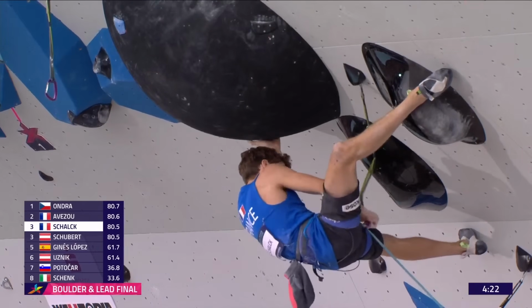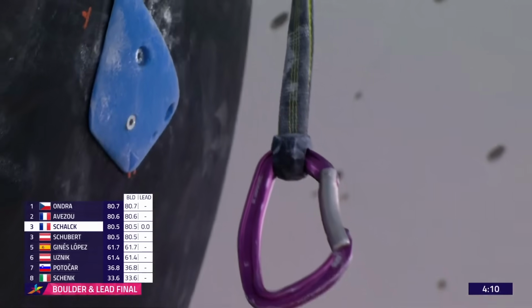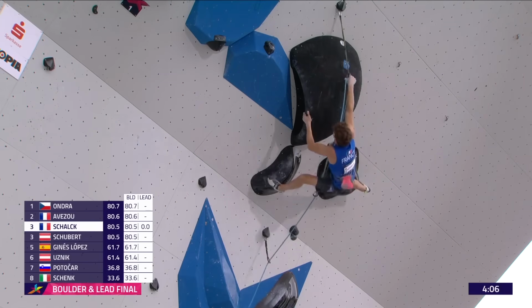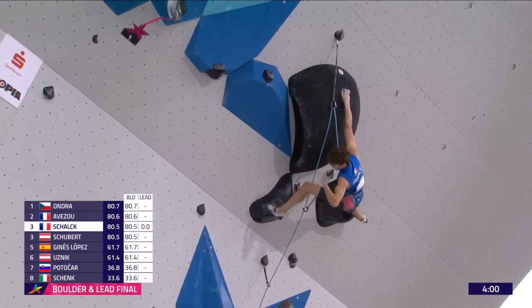Now Mejdi, he's allowed to grab the quickdraw like this, but he's having a nightmare clipping it. Gets it in, yeah, he's allowed to grab it and not wait in the middle of it. Double toes. Although anytime you get a heel on a lead route, it takes so much weight off your arms. This is why you see him putting it on all the time, any opportunity. And you can see the toes, similar kind of thing with that. Or is it less toe up, less so, but...